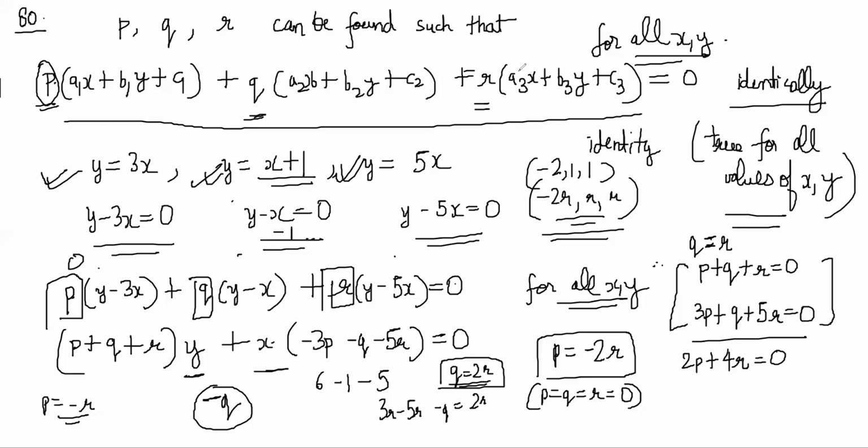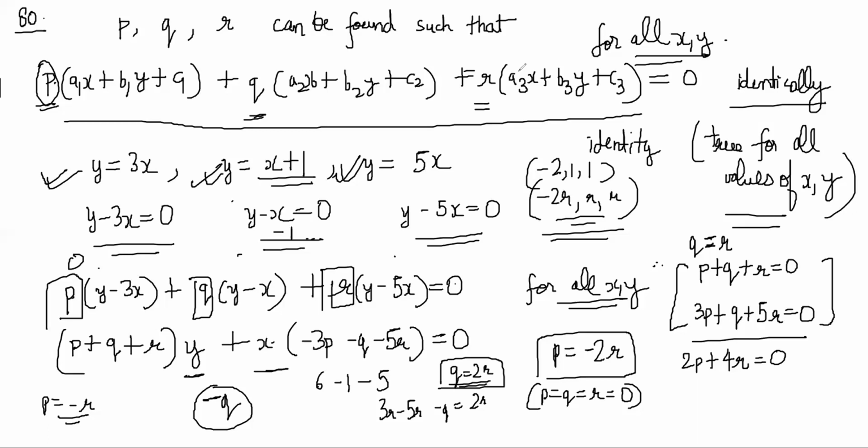So equation of each altitude he is writing. Let's say the points are x1, y1, x2, y2, then you have x3, y3. Use Article 77. Why 77? Not 77, sorry, 79. So 79 he could have used, but he's going to use article 80 because it's easier to use. See, one equation he got here. Equation 1 is y into y3 minus y2 plus x into x3 minus x2 and so on.